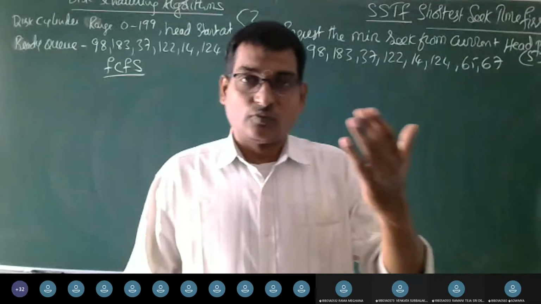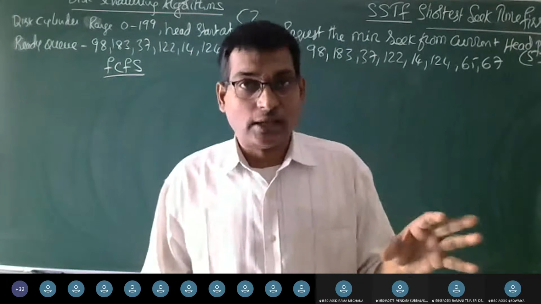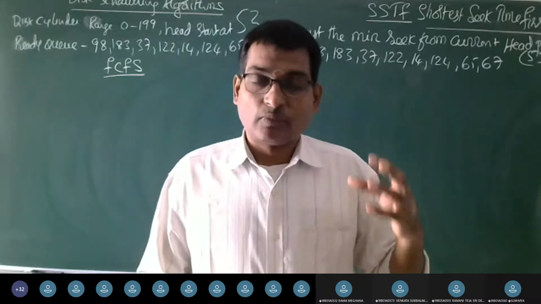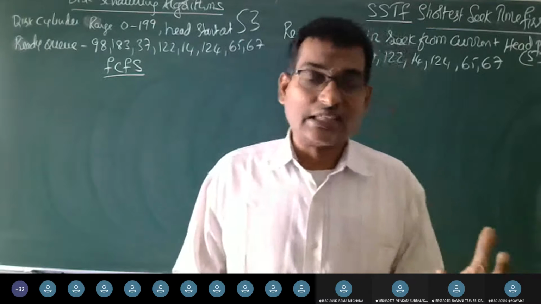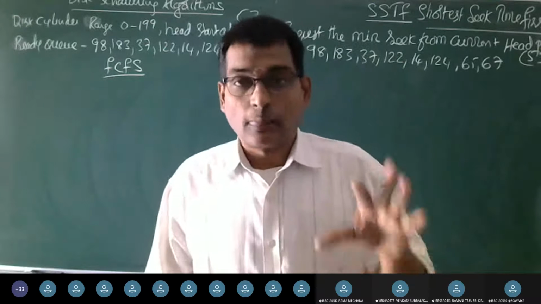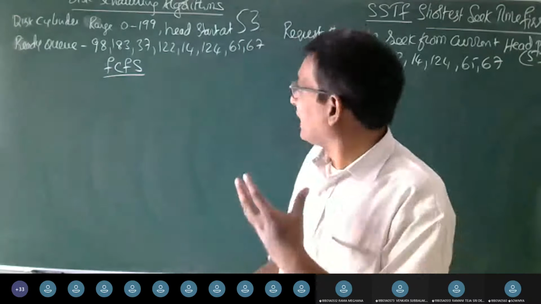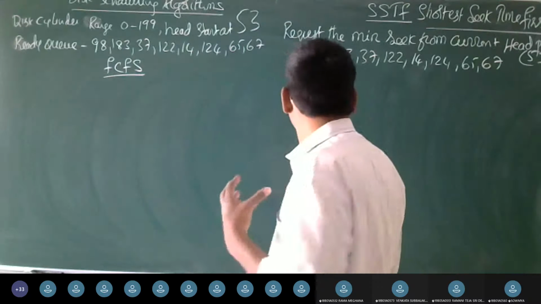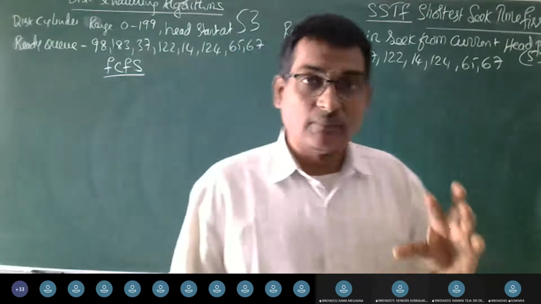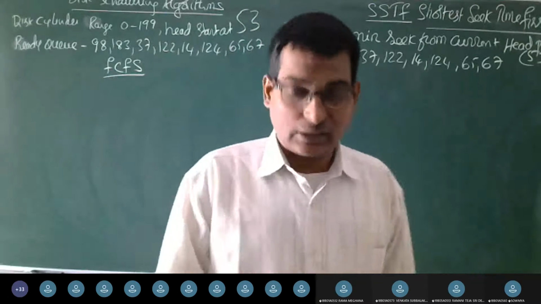First come first serve, round robin, priority scheduling, and shortest job first: these four algorithms fall under the process scheduling algorithms. FCFS, followed by least recently used and optimal, are the memory management algorithms. The SCAN algorithm, FCFS algorithm, and shortest seek time first, SSTF algorithm, are taken up in the disk scheduling algorithms.